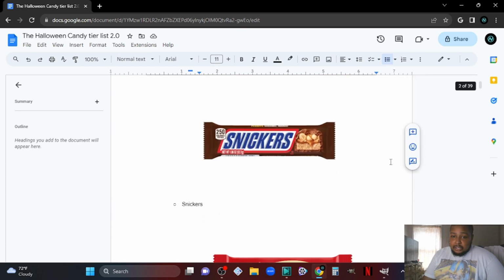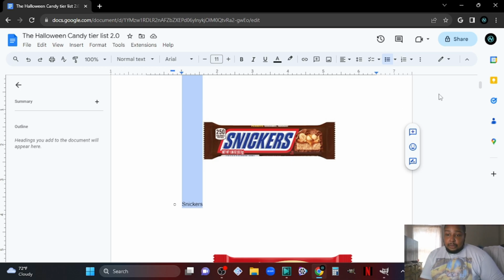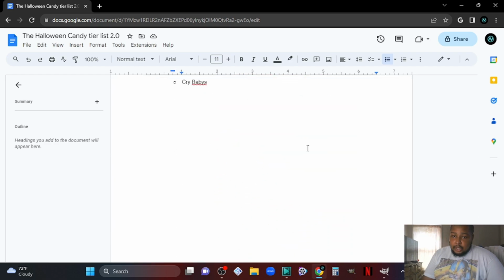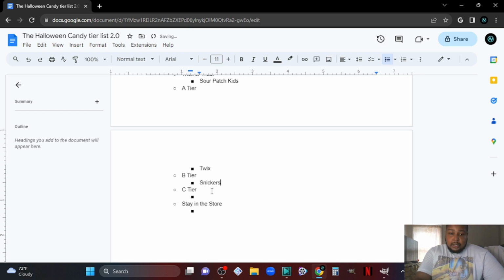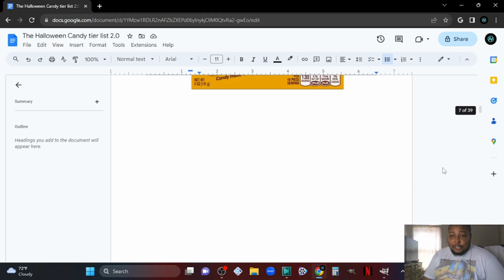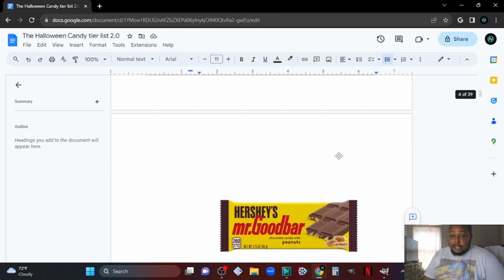Next up is Snickers. Snickers are okay, not like my first choice when it comes to candy bars, or especially on Halloween. Like I have no problem with it. I forgot to include the peanut butter Snickers, but I'll throw the peanut butter Snickers in there as well. I'll just rank them without image and stuff. So the Snickers itself, I think I'll put in B tier, and you know what? I think I'll put the peanut butter Snickers in B tier as well. All these candies, and I still forgot some. Go figure. But next up is